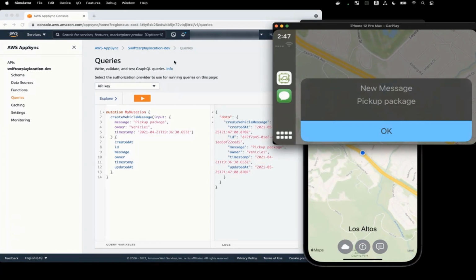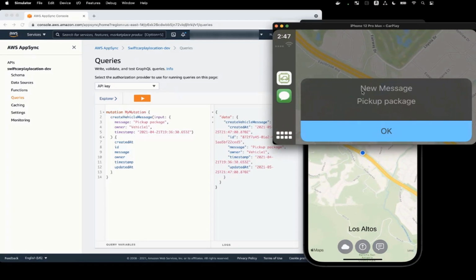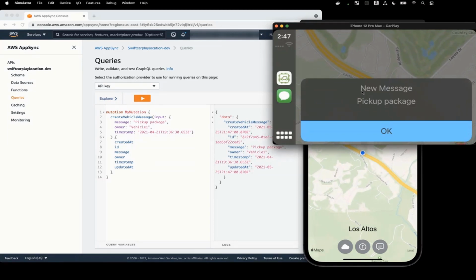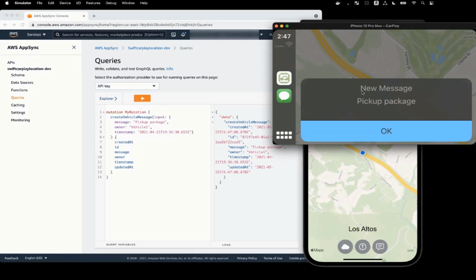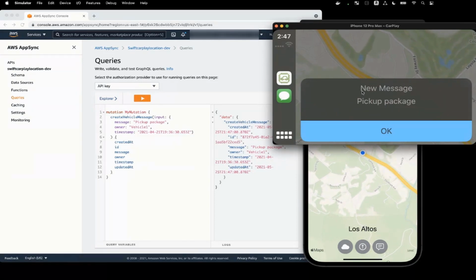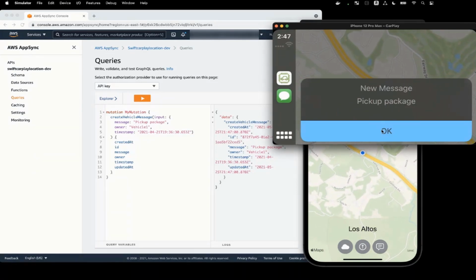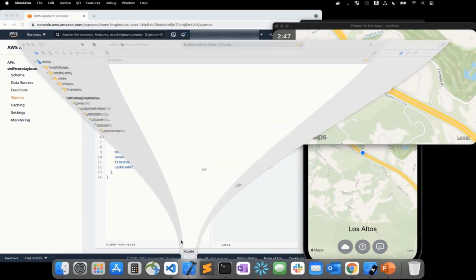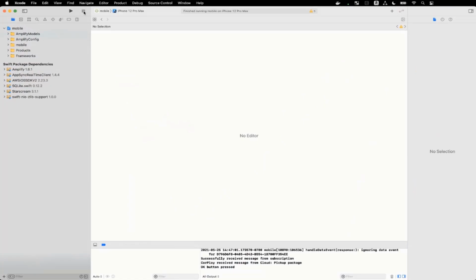Now notice, this is in the cloud, and this is local on my machine, or it would be in your car. And we're going to talk about this concept, and it's called subscriptions, which is a feature of GraphQL that allows you to do this real-time messaging between the cloud and your applications. Okay, so now I'm going to stop the simulator, and let's go take a look at what it took to